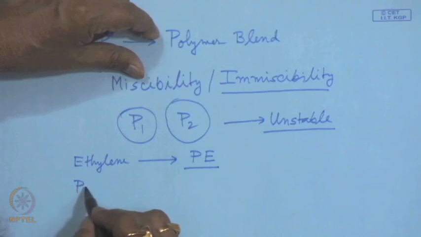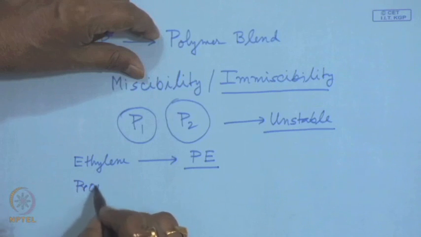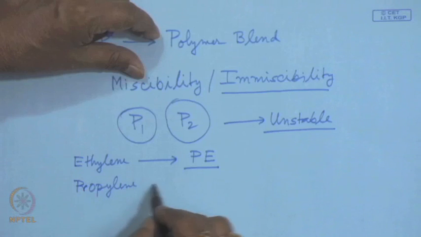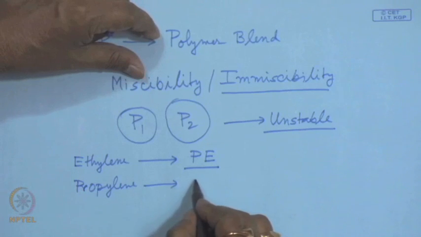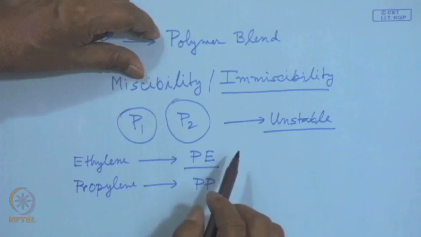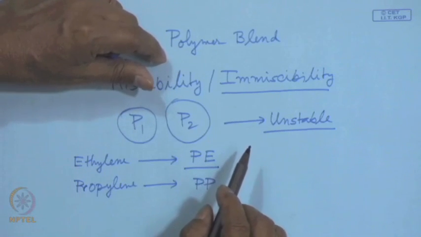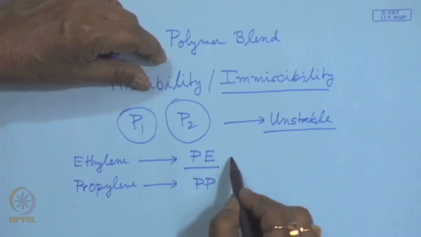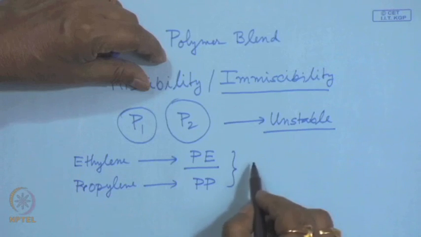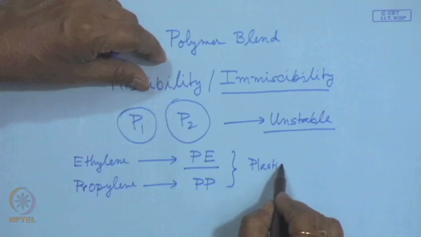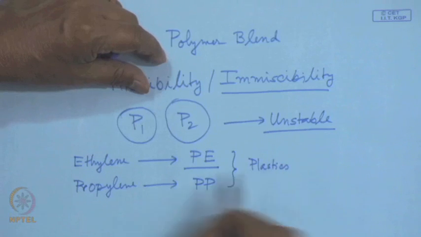Similarly, propylene also gives a homopolymer, polypropylene. Same is the situation with polypropylene. So, these are known as very good plastics. As I mentioned,